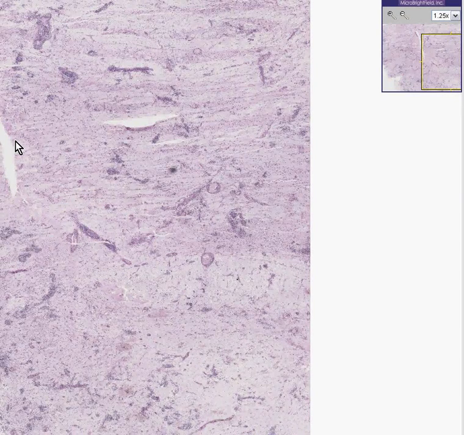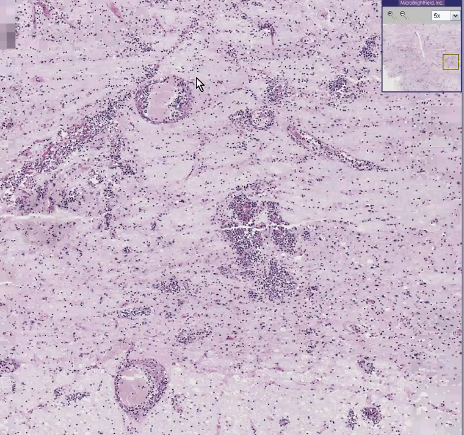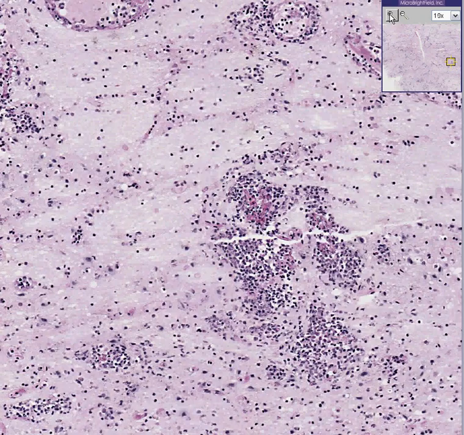Here is another brain. As we blow it up, you could quickly see that many of the blood vessels within the brain are severely cuffed by inflammatory cells, as is the brain substance proper. If the overlying meninges were also inflamed, then this would legitimately deserve the anatomic diagnosis of a meningoencephalitis. If we look at the cells which are inflaming the brain and the blood vessels within the brain, the